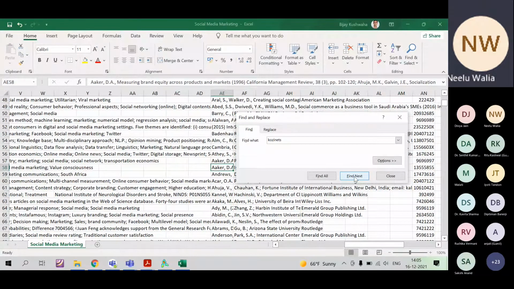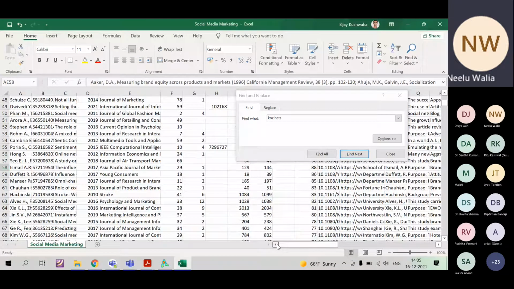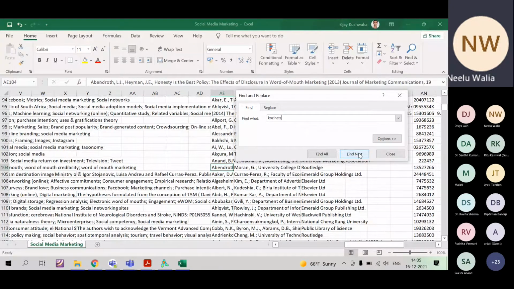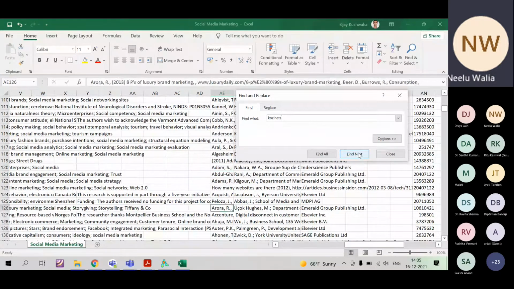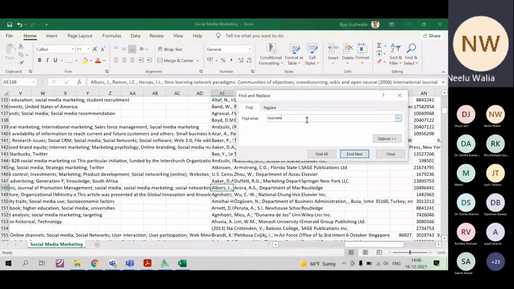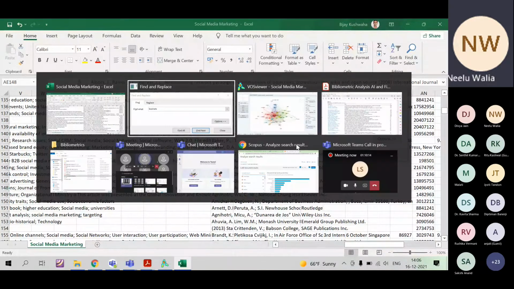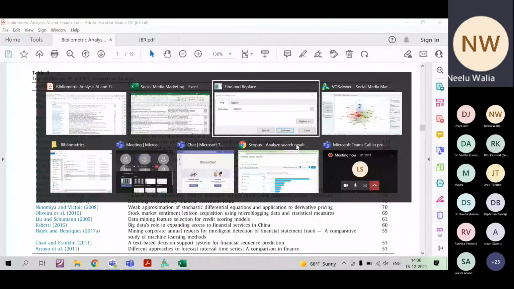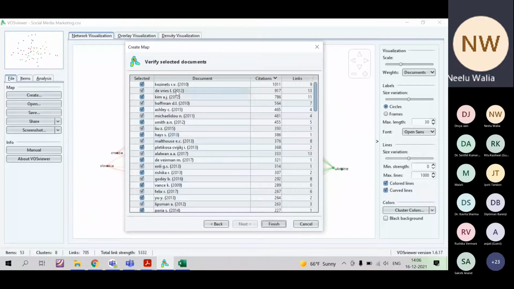The first author should come first of all. Let me type the complete name so it would be easy for us to search. Where is the software? Yeah, Kozinets R.V. 2010.